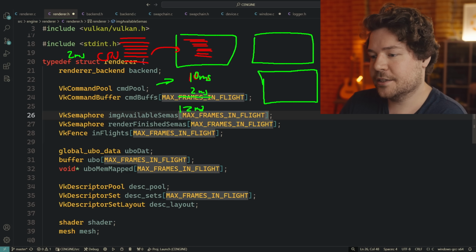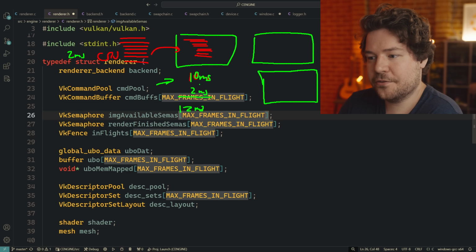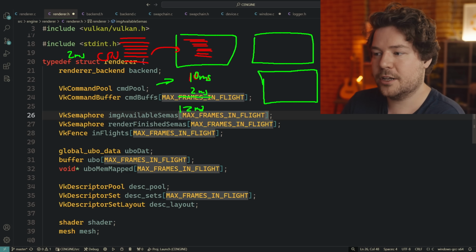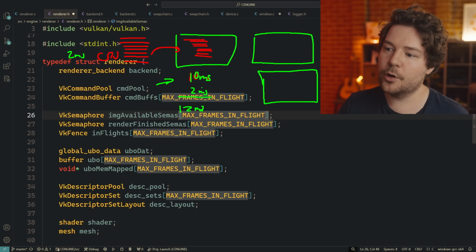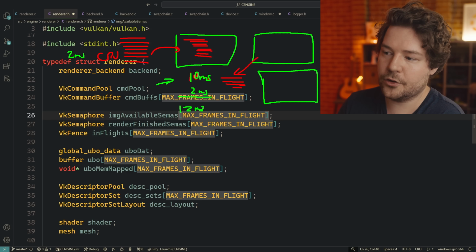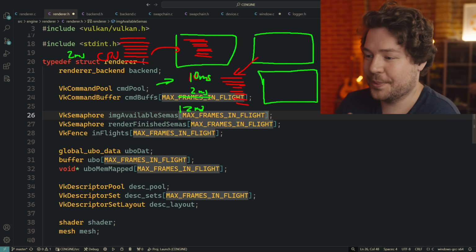That's how long a frame takes, because you're GPU bound here and you're waiting for the GPU to finish. You can't do anything on the CPU. But if you take into account this frames in flight situation and you've got multiple buffers to write to, then what you can actually start doing is grab the next swap chain image and start recording all of your commands for that image instead, potentially. Again, this is a simplification, but whatever.